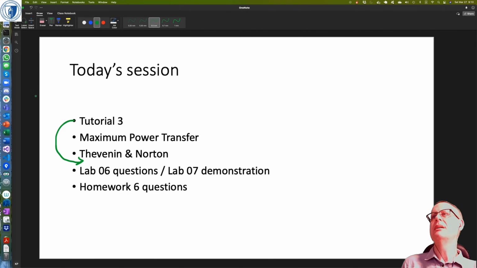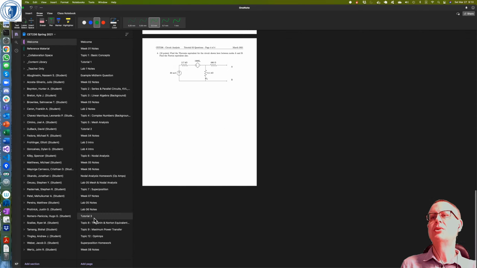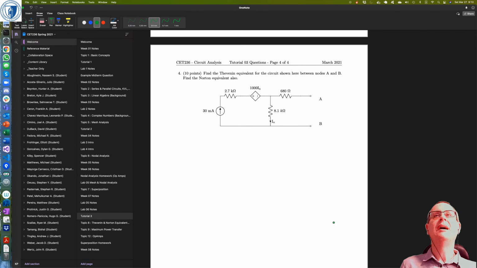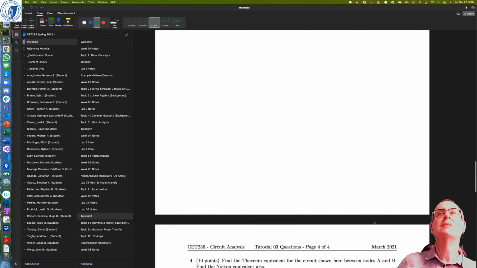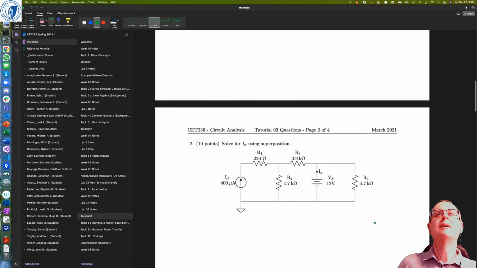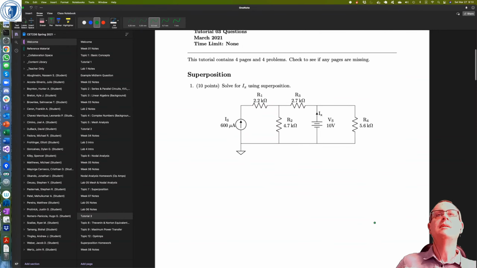Okay. So let's have a quick look at the tutorial. I released that a while ago, but we haven't actually had a chance to do it. So let's have a look. So here's the first superposition question. And remember, because I'm asking you to do it using superposition, I'd like you to use superposition. So that means because this particular circuit has, in